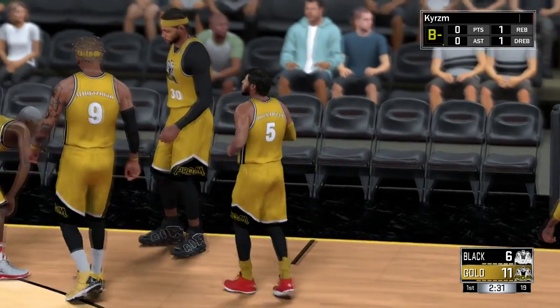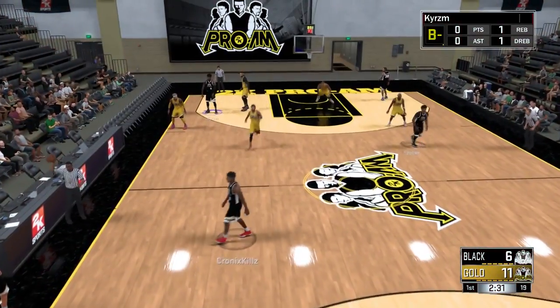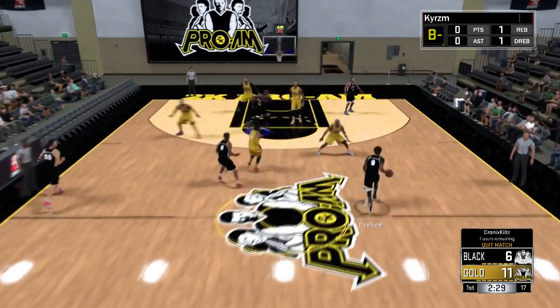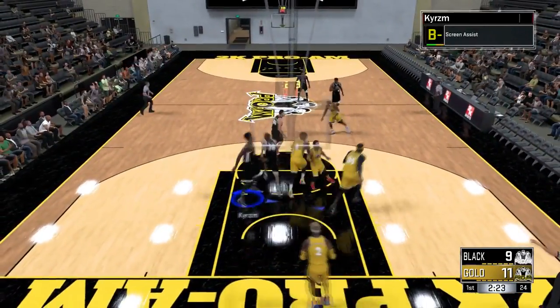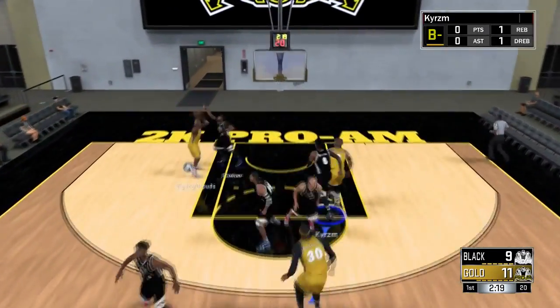And obviously the pro badges are very important as well, because with Glass Cleaner Pro you're obviously going to levitate through midair and get the rebound, but also with just Stretch Big Pro you're still going to get the rebound because it boosts pretty much every stat, so you'll be able to shoot better, but you're also going to be able to rebound better, which is actually a major key getting one of those